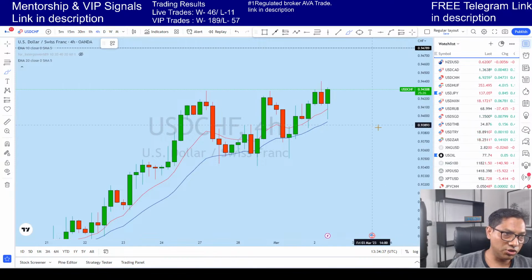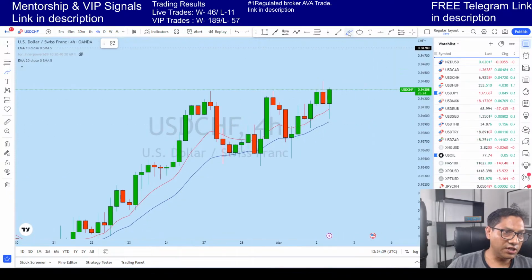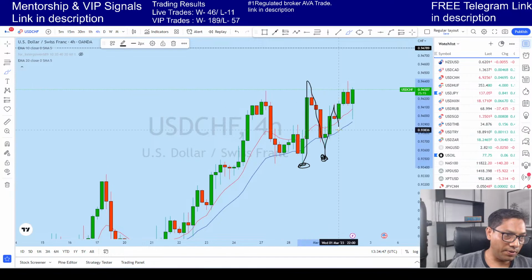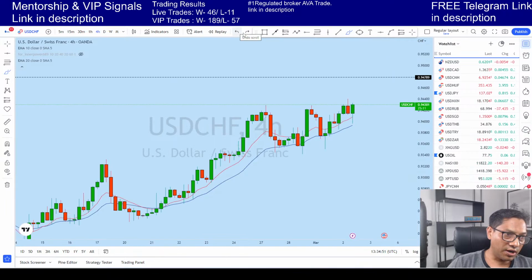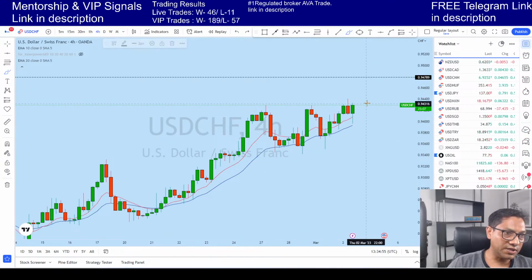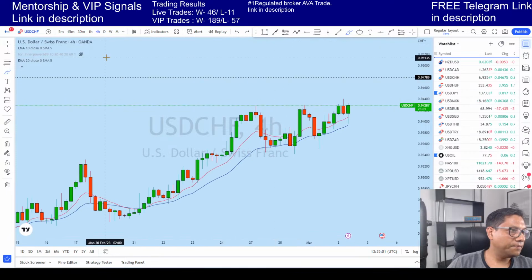I'm a trader only. So we see that on USD CHF, if you closely look at this market, there is a liquidity gap here, a big move happened, it has come again, another liquidity gap, a big move happened, another one, now another one. So in the direction of the trend, multiple liquidity gaps. This candle is in fact, I think this market will blow to the upside.